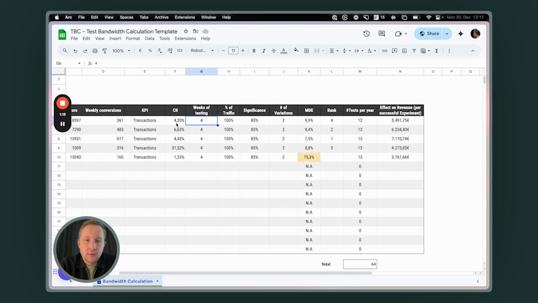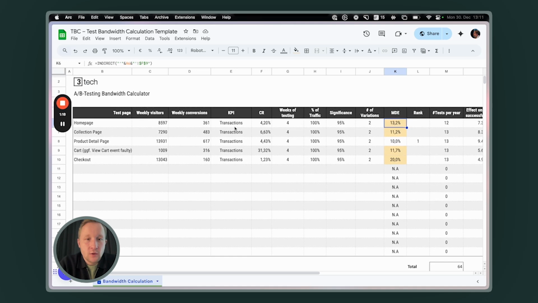But for the sake of going through this fairly quickly, you will be able to set your significance thresholds here. Maybe you should do a 95 here. And then there we go. It will be very hard for you to hit that 30.2% MDE, minimal detectable effect. So that's the smallest effect you will be able to measure. So if you have only the home page and you want to measure transactions, for whatever reason, let's go for the product page here, 10%. If you have an effect smaller than 10%, you won't be able to detect it statistically significantly